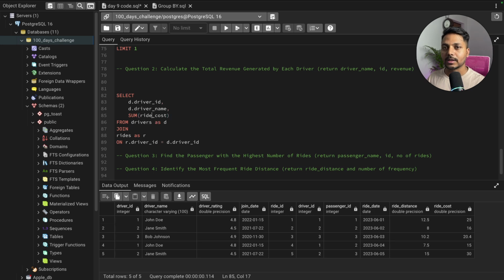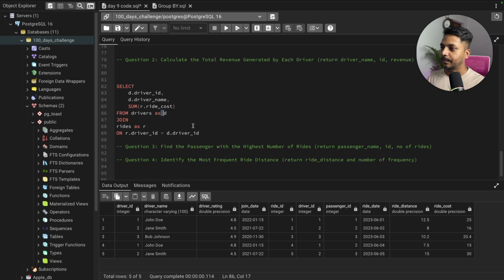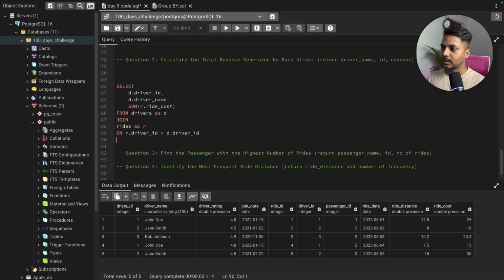Now this ride cost is coming from our rides table, and these are coming from the driver table. That's the reason I am giving these aliases, the short names. Now I can just go ahead and do a group by this first column and second column. So group by 1, 2, because I want to see each driver ID and name and